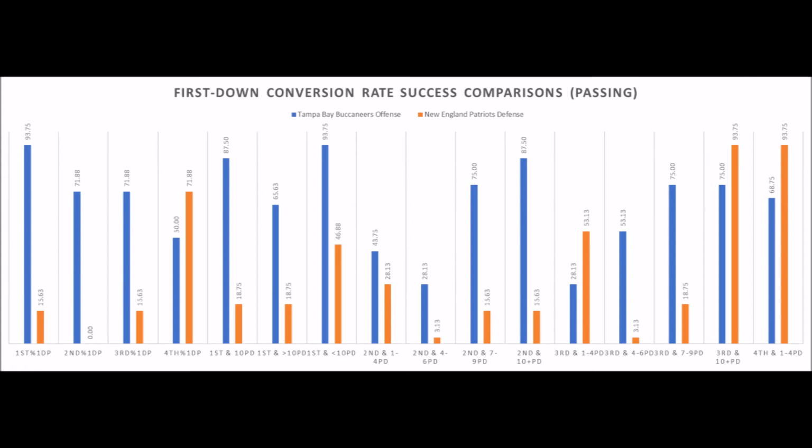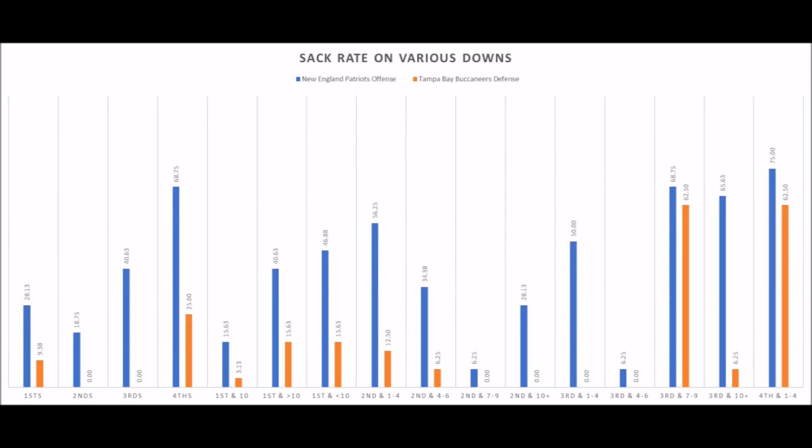And then, of course, when we get to sack rate, the Patriots have had issues in terms of sacks this year. Most of the sacks have been coming in first and second down situations. But the good news is the Buccaneers are one of the worst defenses in the NFL, if not the worst, when it comes to creating sacks overall. Bottoms in the NFL on second down and third down situations. So that could be a big advantage, which is why I favor the Patriots overall. Despite what the basic data says, I still favor the Patriots in this game because it's just shooting fish in a barrel, to be honest.